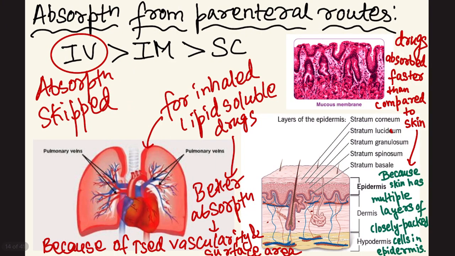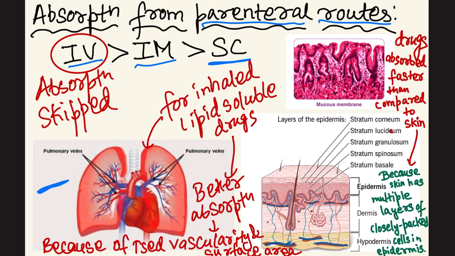Now, absorption of the drug when it is given by the parenteral routes. So parenteral route means any route which is different from the enteral route. In enteral route, the drug has to go through the gastrointestinal tract. If we give a drug by parenteral route, we include several routes of administration, that is intravenous route, then intramuscular route, subcutaneous route, then topical application, then through the